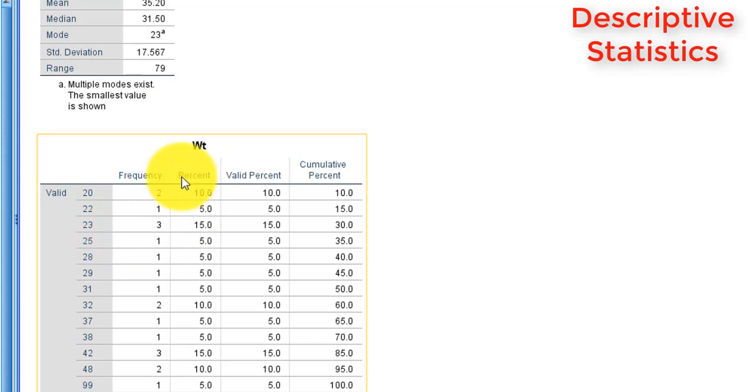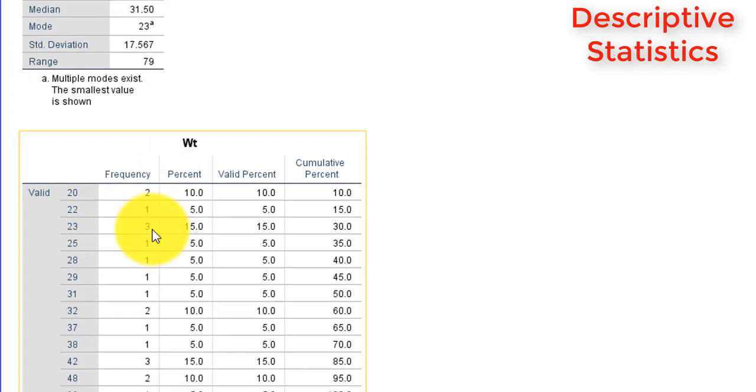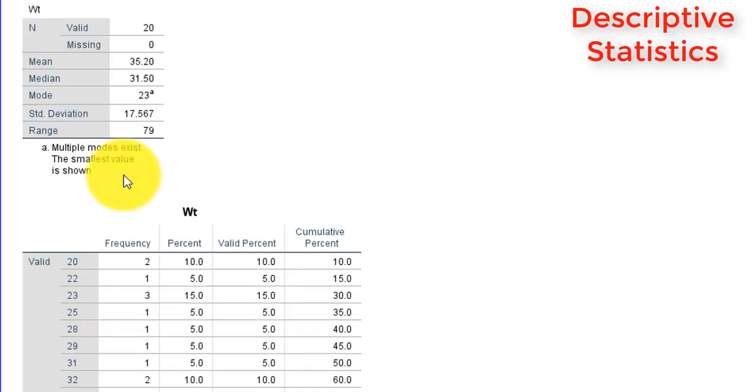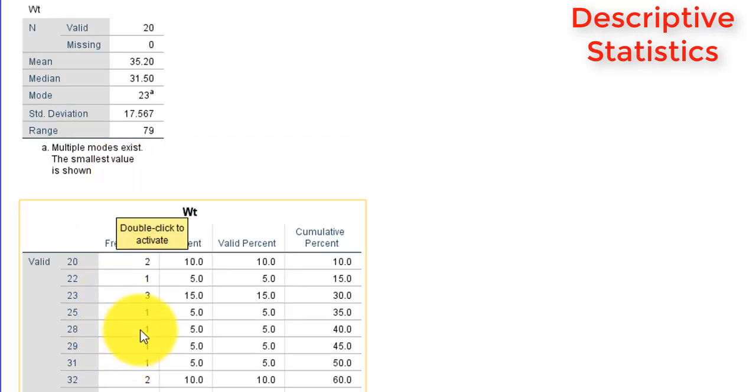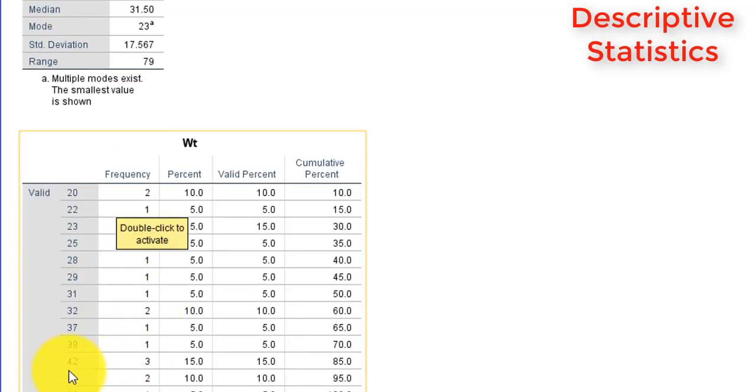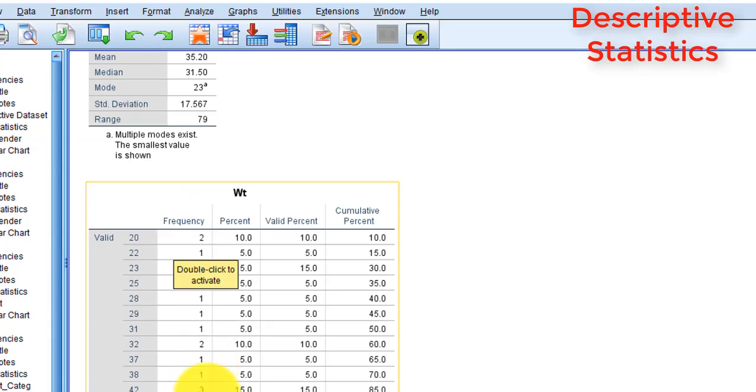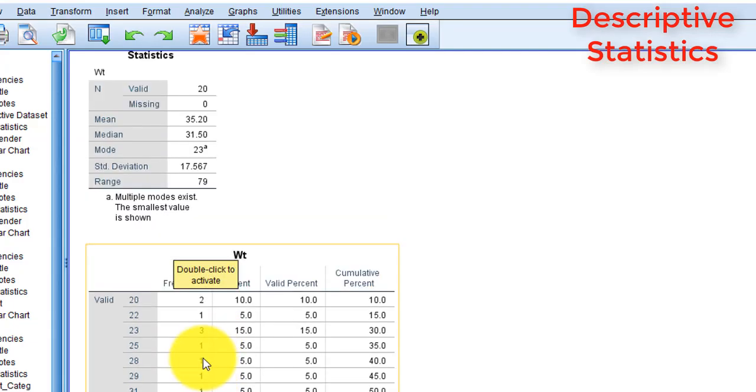As you can see in the frequency distribution also, 23 kg weight is for 3 children. Similarly, 42 kg is also for 3 children. So actually this distribution is bimodal. Means there are two values of mode, one is 23, another is 40, which are occurring most of the time.